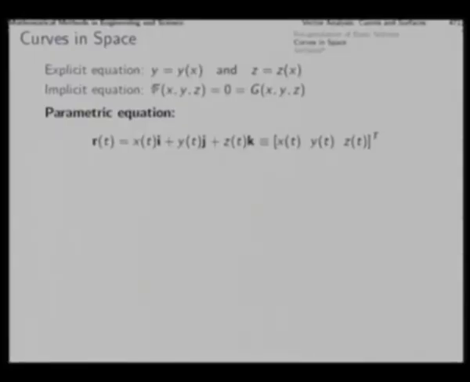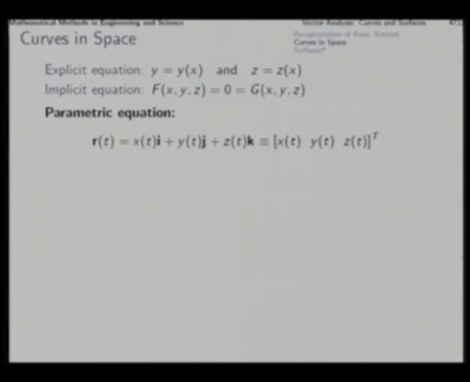In this case, the idea is to represent a curve as an intersection of two surfaces. f of x y z equal to 0 is the equation of one surface, and g of x y z equal to 0 is the representation of another surface, and the intersection of these two surfaces is a curve, and that is the curve which is expressed through this relationship. Now, this is a representation which is actually unnecessarily complicated. For the description of a curve, the prior description of two surfaces is going to be much more complicated than